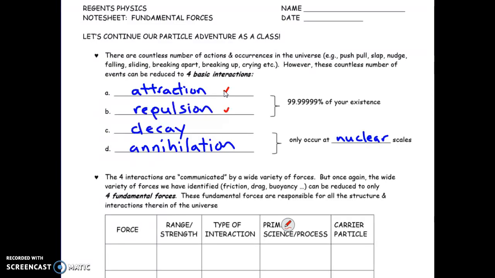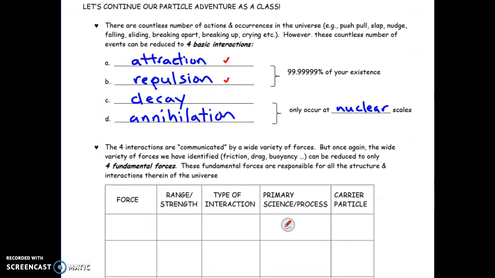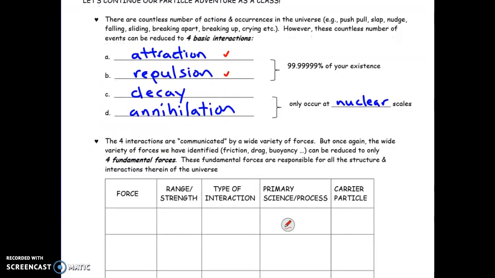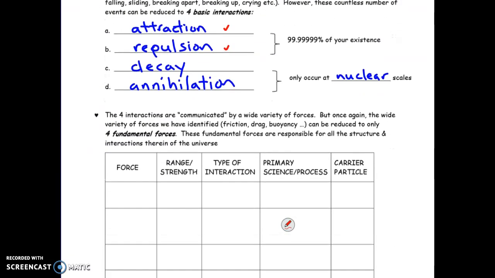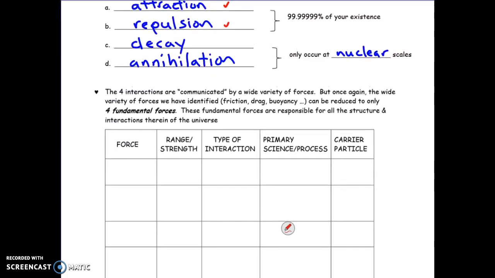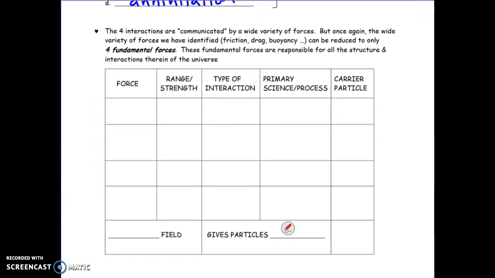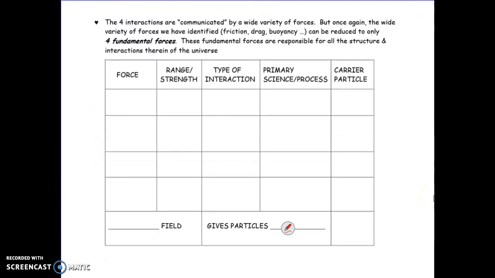So almost everything that you do, in fact, pretty much everything you do is a result of an attraction or repulsion. Okay? Decays and annihilation are only at the nuclear level. So if you come across something that is everyday normal, you can be pretty darn sure that it's not going to be a decay. Okay, so now what we want to do is talk about the various forces that give rise